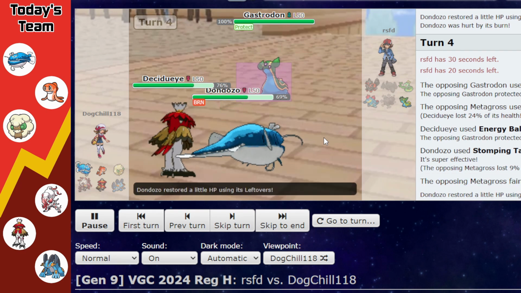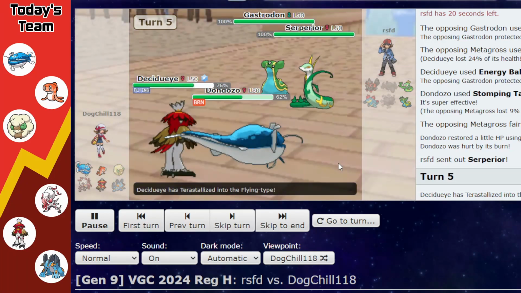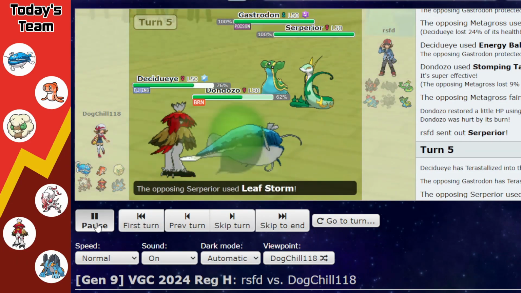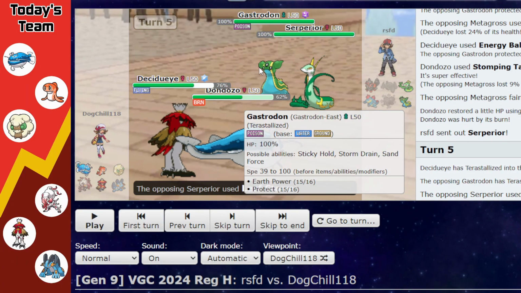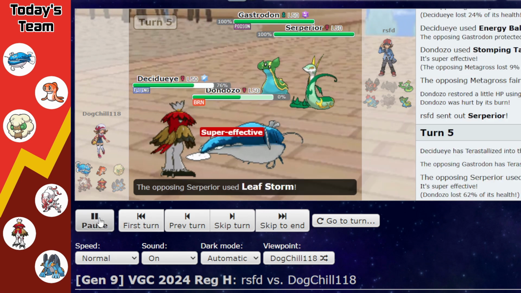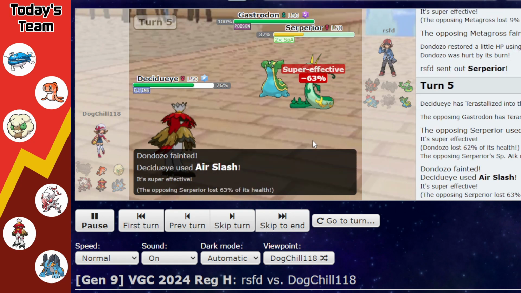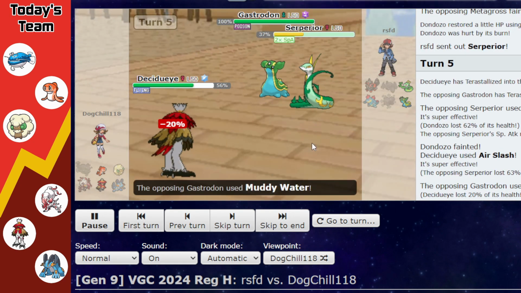off the Metagross. Now it just depends what Pokemon they have in the back, and it is in fact the Superior. I figure Superior is going to attack this turn, or Gastrodon's going to do something crazy. Gastrodon does Terra Poison here in order to avoid being KO'd by Decidueye, but we go for the Terra Flying on Decidueye in order to try and deal some flying type damage into Superior, and we get a pretty good amount